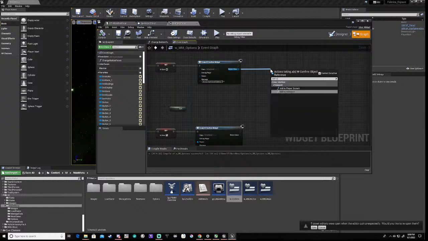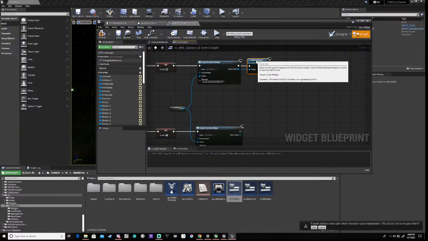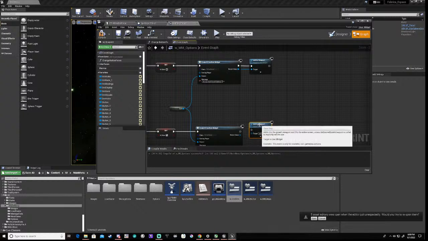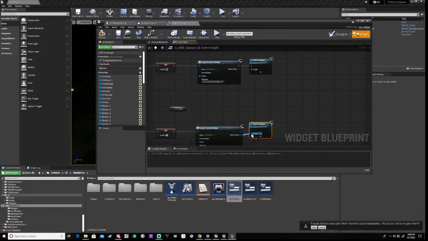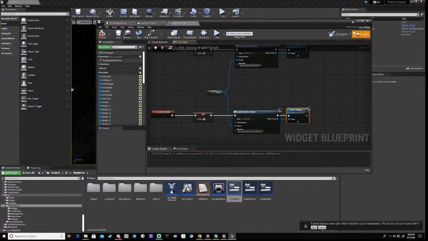We forgot the most bleeding obvious thing, that we added it to the viewport. Duh. Right, so we save that,